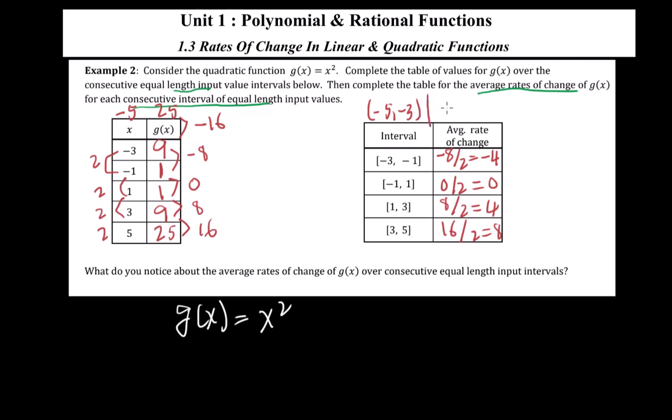And the average rate of change is -16 divided by 2. Why? Because -3 minus -5 is also 2. So -16 divided by 2 is -8. You can see clearly that from the 0, on the left is a negative number, which is the same number as on the other side of the 0, which is the positive. So now what do you notice? We notice